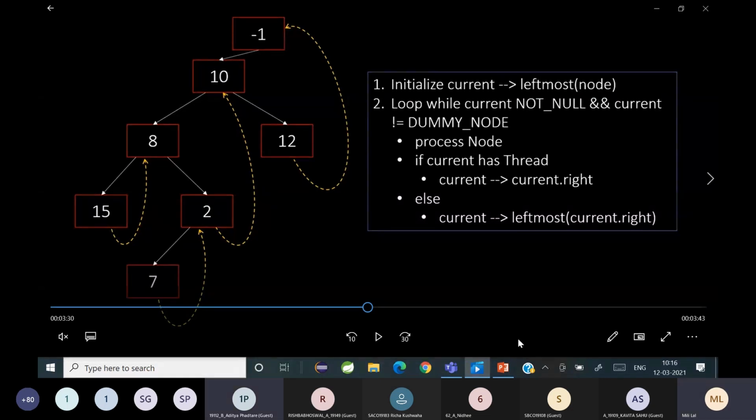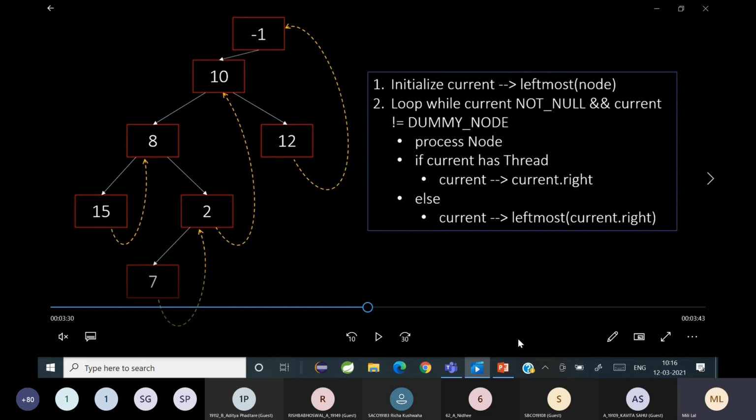So the next node that is going to be traversed is 10. Now 10 doesn't have a thread, but it has a right. So it's going to go to the right node, but right doesn't have a leftmost node. So the next node that is going to be traversed is 12.